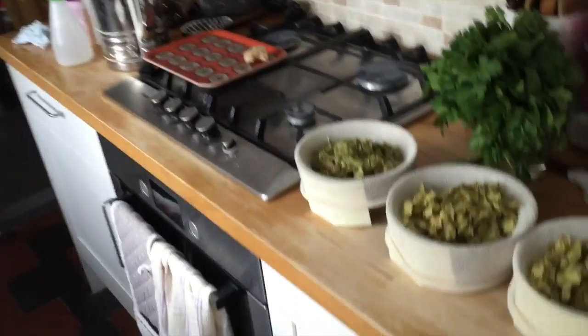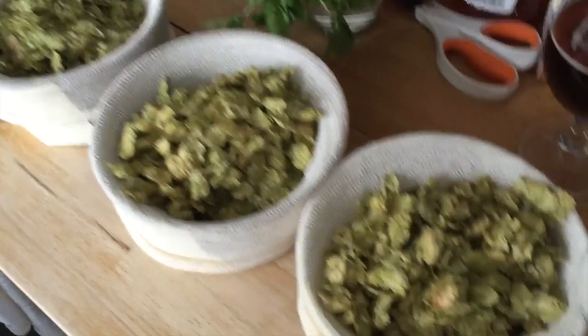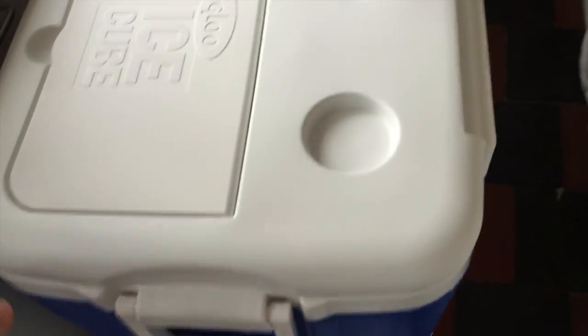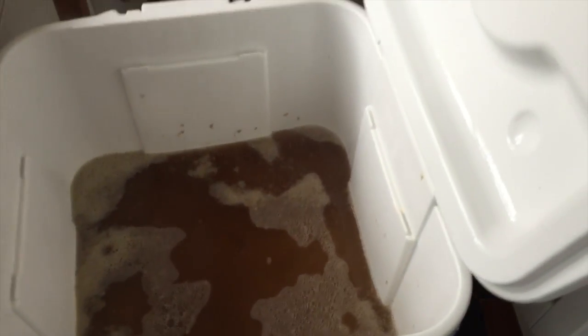Okay, so it's been about 90 minutes. Actually, it's been about 95 minutes. And I've prepared all my hops. Don't they look good? Oh my god, they look good. So, moment of truth. There's me beer. Well, wort, I think it's called. So, it was supposed to be 65. Unfortunately, no, it's supposed to be 66. Unfortunately, it was 65. And it's now